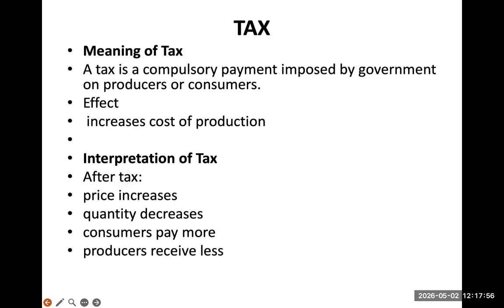So when buyers and sellers meet and there's an imposition of tax on the product, it increases the cost of production. In effect, the supplier, being rational, wants to maximize profit, and will raise the price. And the consumer or the buyers, being rational, always want to maximize satisfaction, and will decrease the amount of product they want to demand because they can't pay more. Therefore, the consumer will pay more while the producer will receive less income.